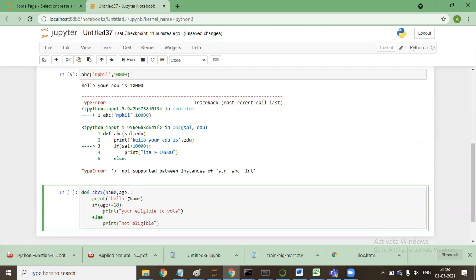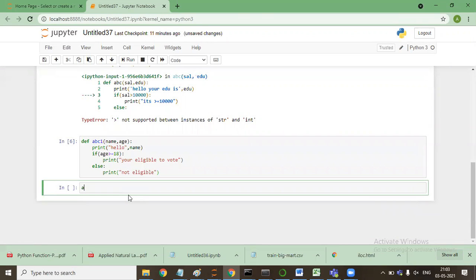This function is the same as the function that we made last time, with the arguments that we mentioned last time. So if I press enter, it is fine.